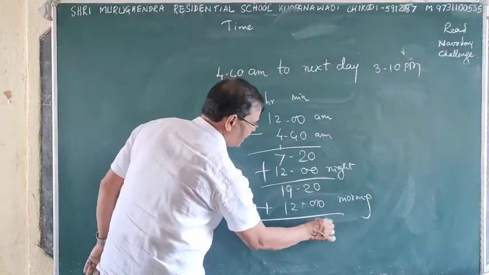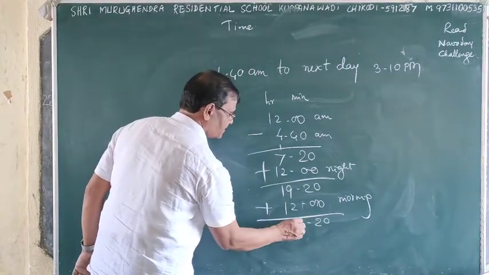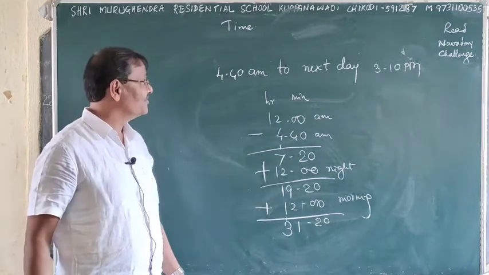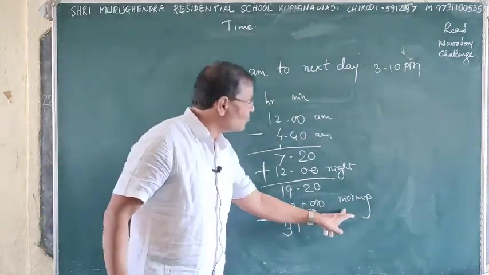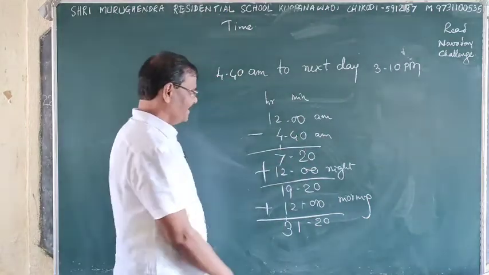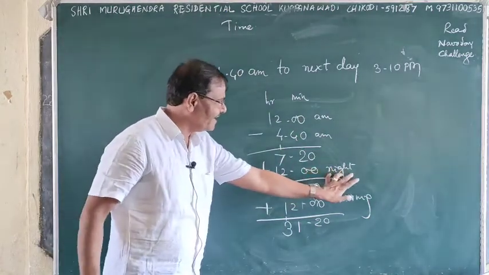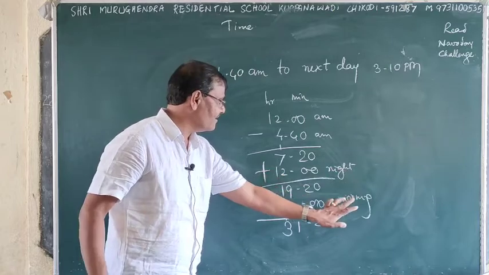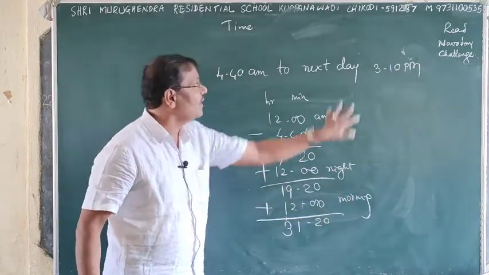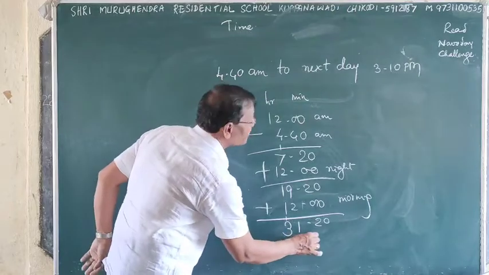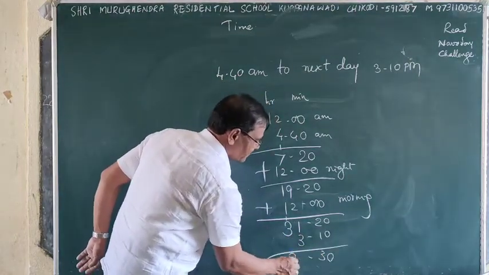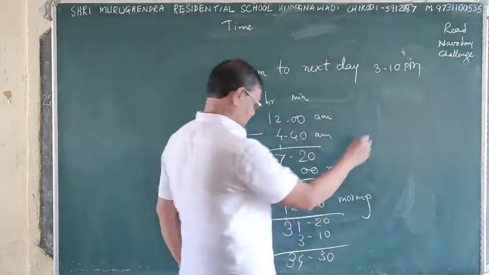See, 20 it is, and this is 11:31 hours 20 minutes. Then morning 12, this PM comes, isn't it? Then here the day changed, next day came, whereas this is morning 12 and 3 PM. 3:10 it is. It is 30, it is 34. Means